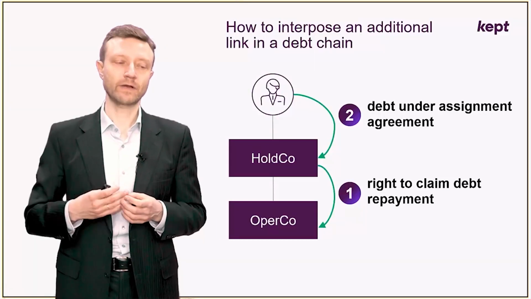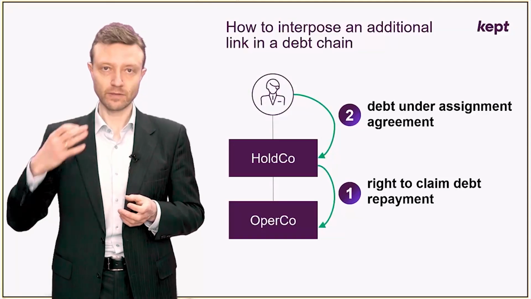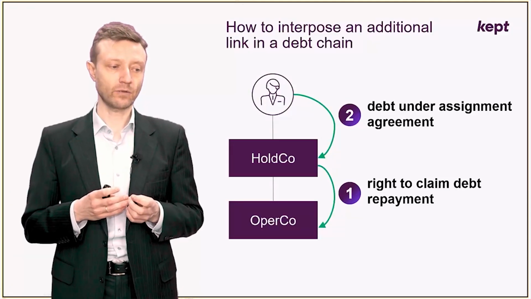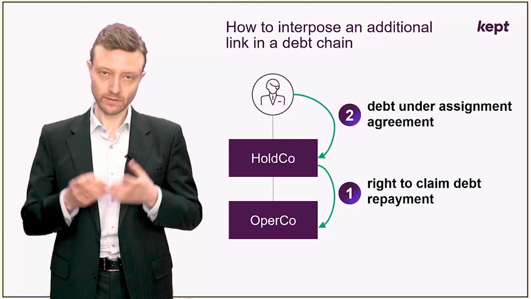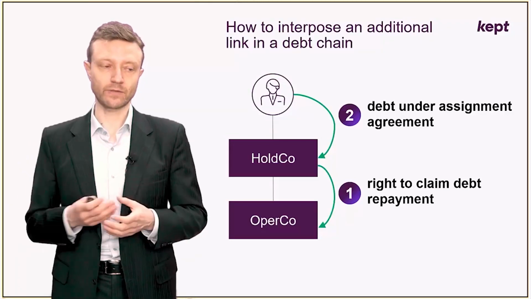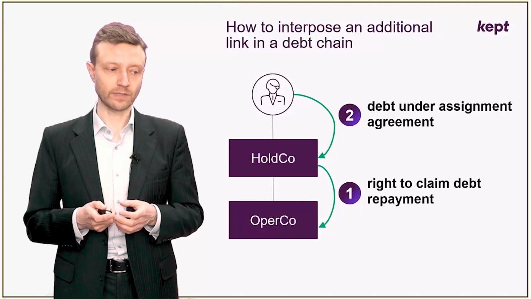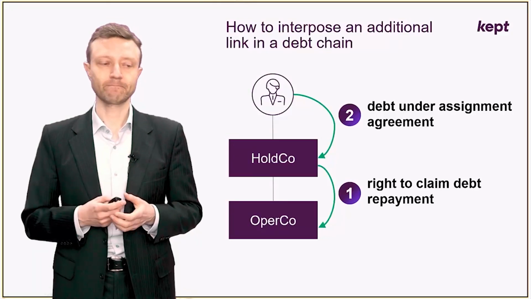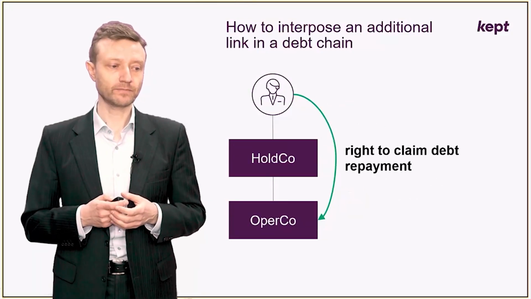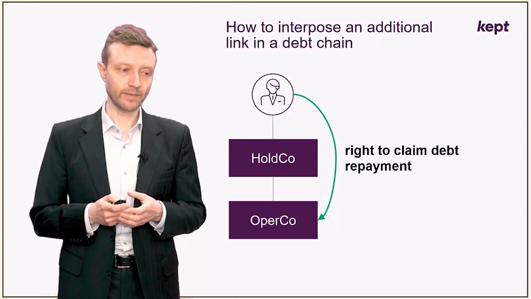So we effectively interposed another entity, in this case the holding company, in the financing chain. It may be necessary in the course of the restructuring, for example, or for some other considerations. It can be done differently, and instead of